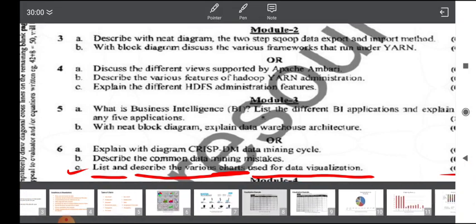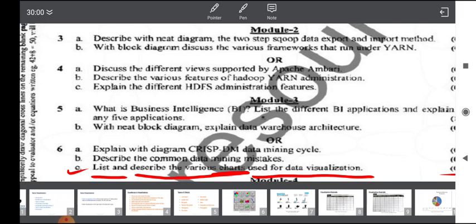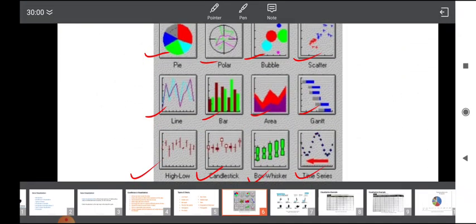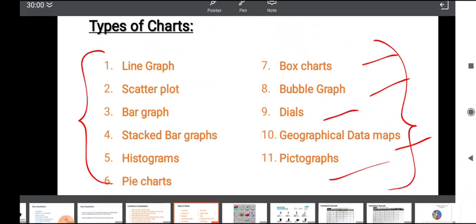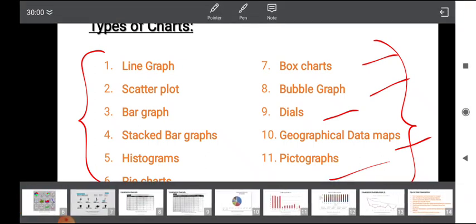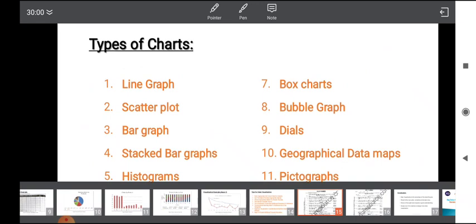So let me quickly show you. These are the different types of graphs, and here we have the different types of charts. You can explain with these, which is self-explanatory, right? So let's go back to the question paper here,